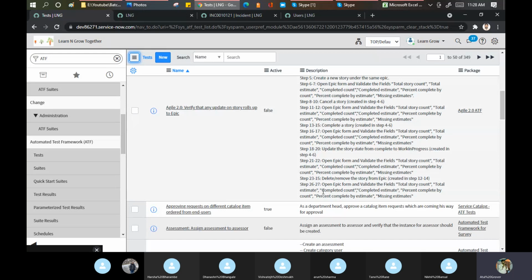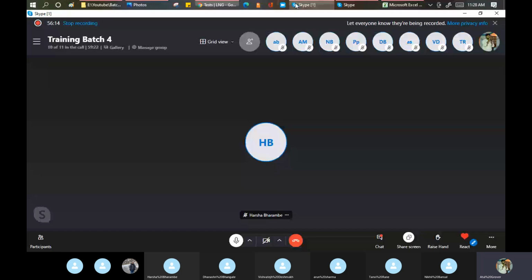I just showed you on the incident. C for the catalog. C for the change. C for the problem. If you remember this, if you're able to find out these operations, you have won half the battle, I can say. Everything is possible in ServiceNow. Don't worry. Okay. Now let me ask, if anyone else has any other doubt or question, or we can proceed to the next topic.